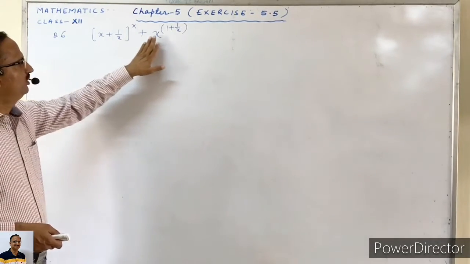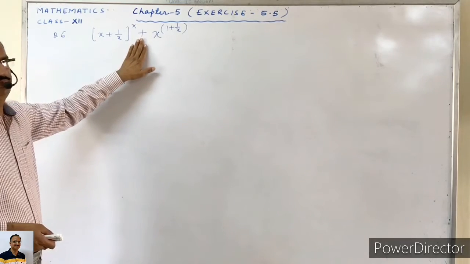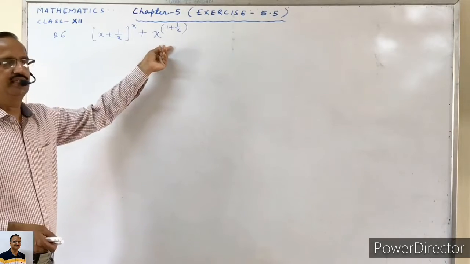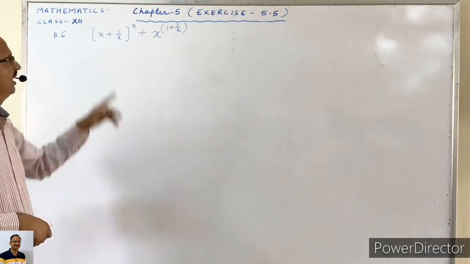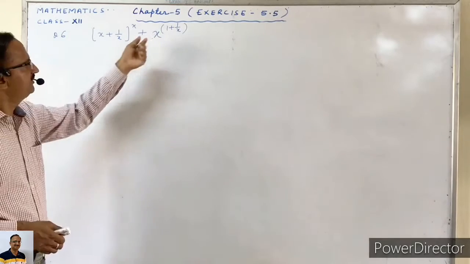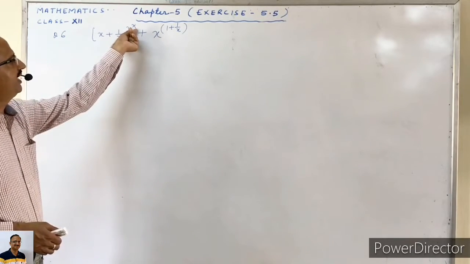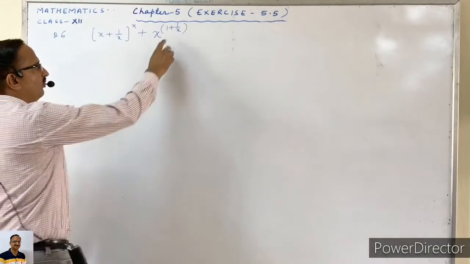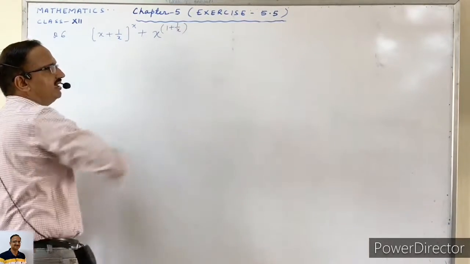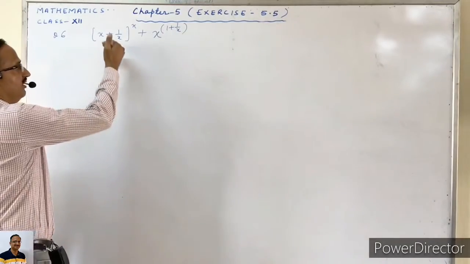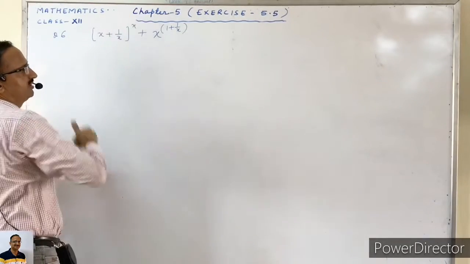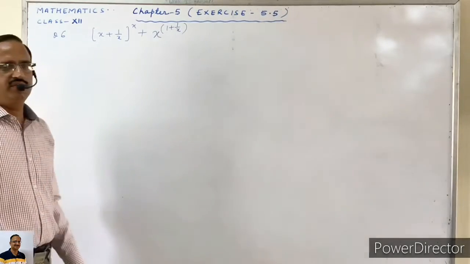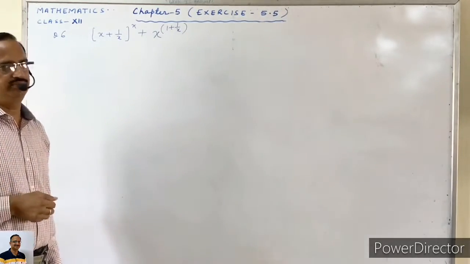We have two functions and this is a plus sign. It means these two are separate functions and we have to find the derivative of these functions. Here again x is in the exponent. Here 1 + 1/x is in the exponent. Means function raised to power function. Here also function raised to power function. It means we have to use logarithm.